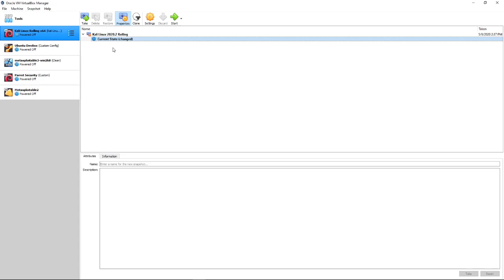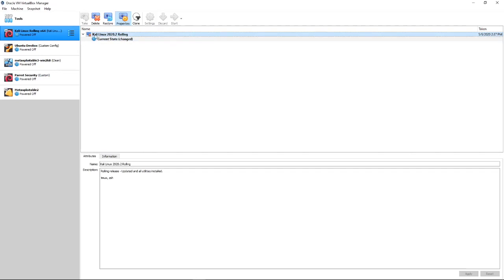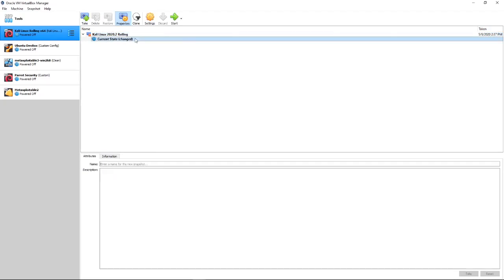All right. The other great thing about VirtualBox is the ability to take snapshots. This is not exclusive to VirtualBox when generally speaking about hypervisors, but it's very important that you take a snapshot of your virtual machine. What this does is preserve the state in which you set up your VM in that pristine state. Whenever you make a mistake or there's an issue with the operating system or the virtual machine, you can easily roll back to that particular snapshot. In my case, you can see I have a snapshot called Kali Linux 2020.2 rolling, and that is a snapshot that I can always revert to in the event something does happen in my current state,